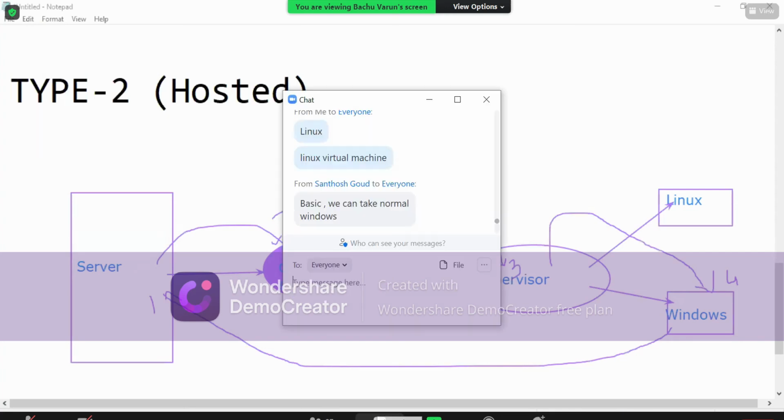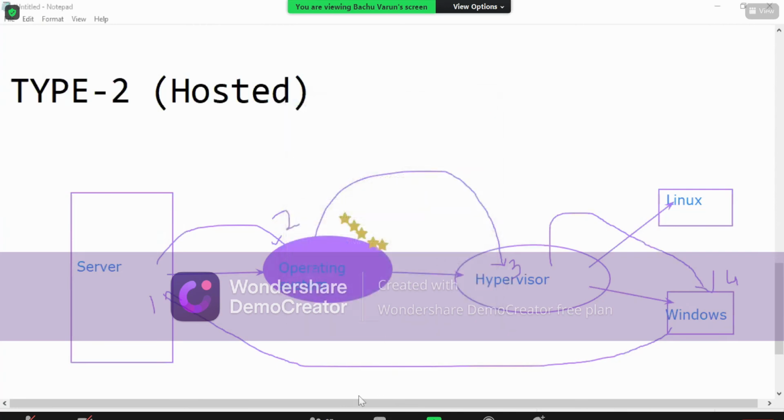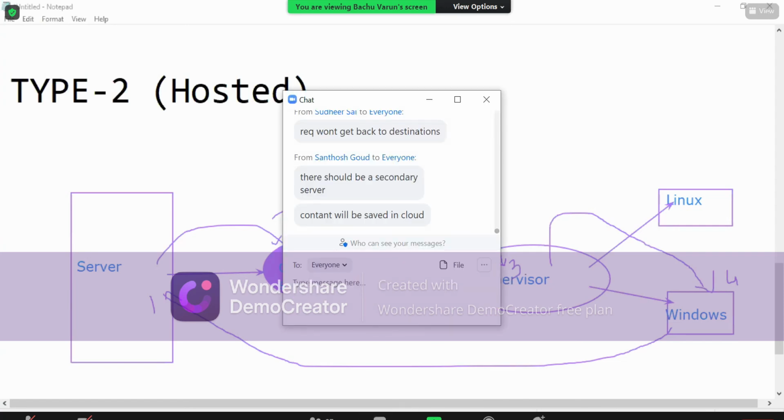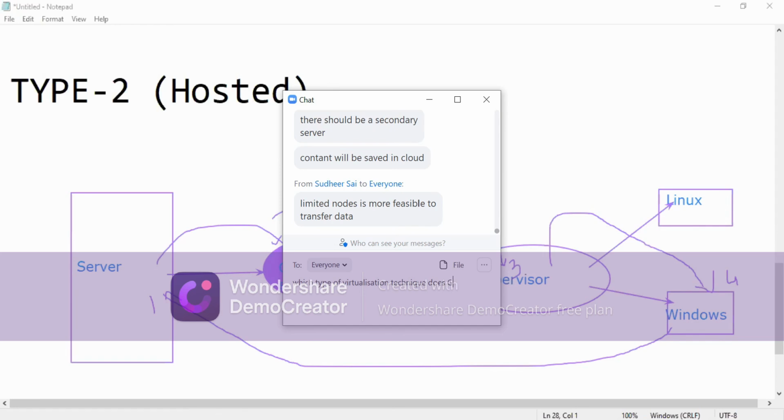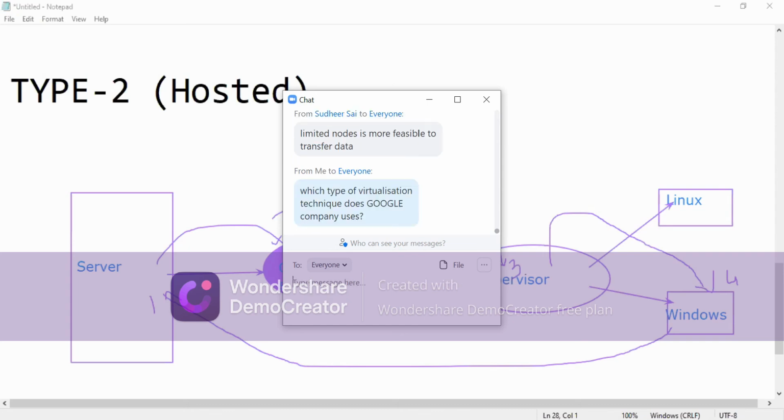Okay. Type 2 is a concept we have to build within companies. If we are building this within companies, then there should be a complete monitoring service available, and there will be a human load on this. And yes, it is a bit costly as well because you have to purchase the operating system and multiple licenses, all these things again. So it is a bit costly compared to type 1. Type 1 is less costly compared with type 2, and it is feasible. Next, it is very easy to set up and more secure to use.